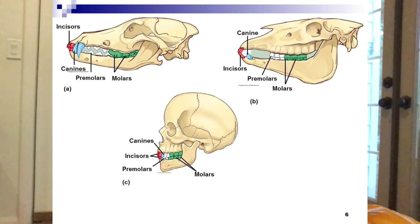And you can see the incisors and the canines, the sharp premolars and the sharp molars, right? All the teeth tend to be sharp. And then at B there, that looks like the skull of a horse, and you can see the very flat molars and the flat premolars. Again, more adapted to grinding